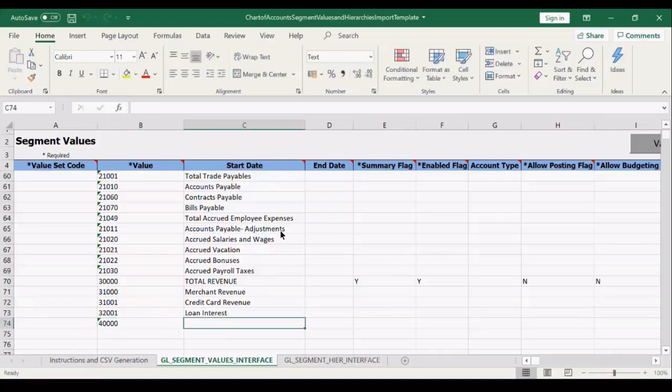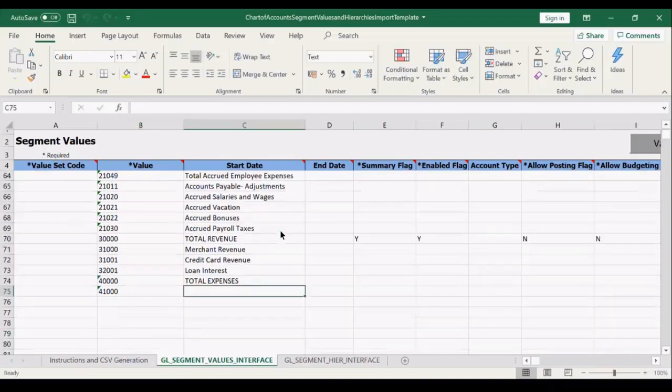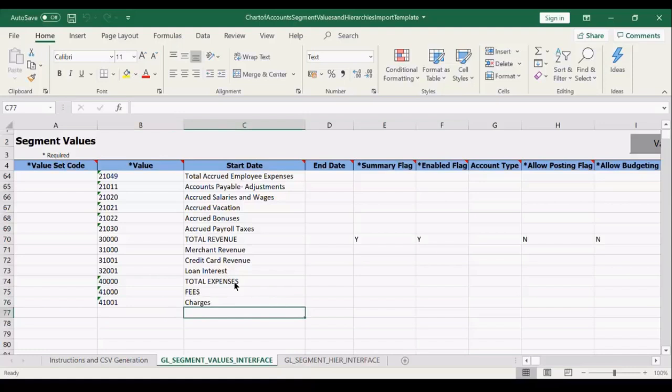And I will say total expenses. So any kind of fees or something like that. And then the 5 series, I'm going to say